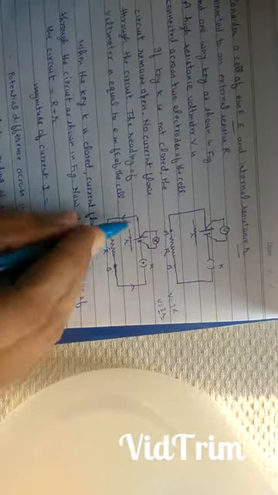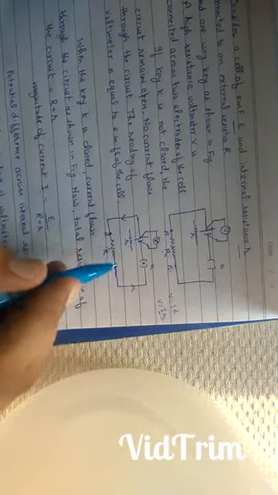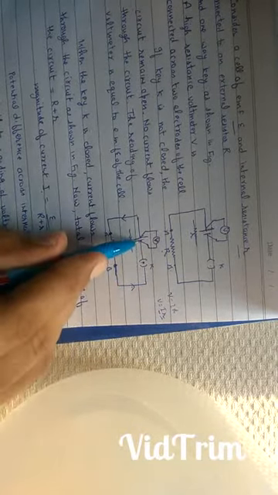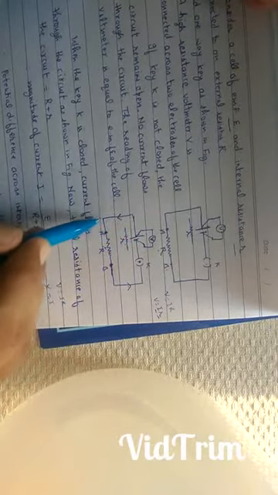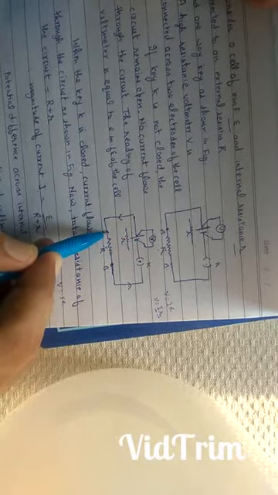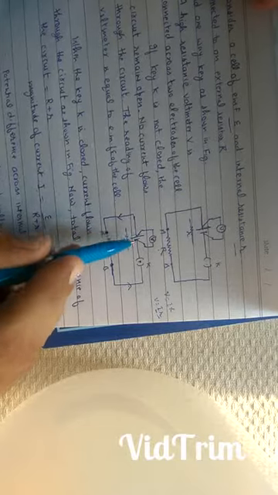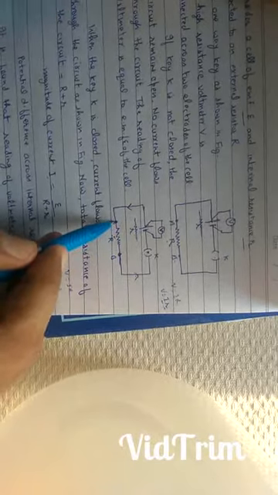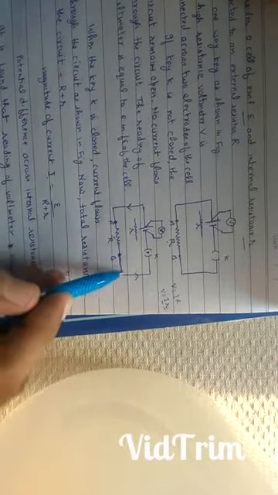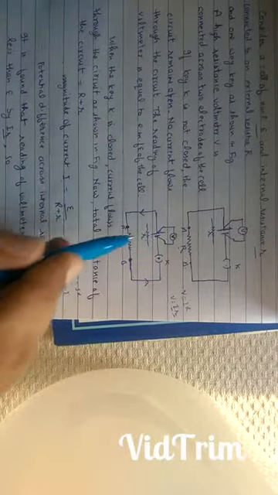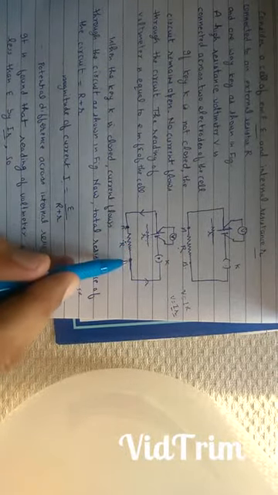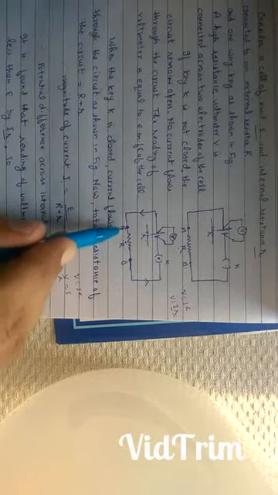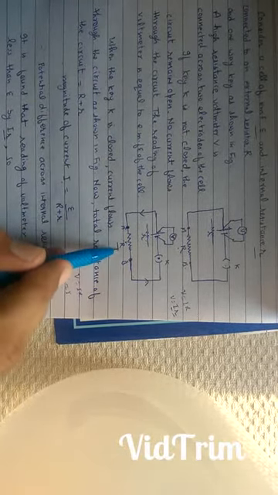Also, we see that the point A is at the same potential as the positive electrode and point B is at the same potential as the negative electrode, because we assume that these connecting wires of copper are ideal and have no resistance, therefore no potential drop across the connecting wire. Therefore, the terminal potential difference of the cell is equal to the potential difference across external resistance R.